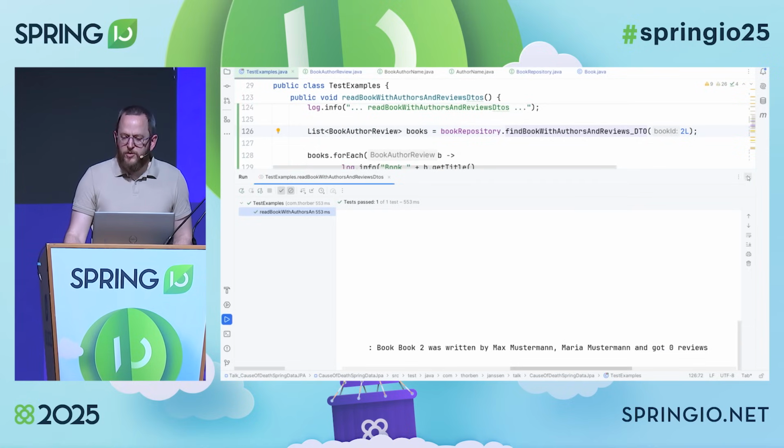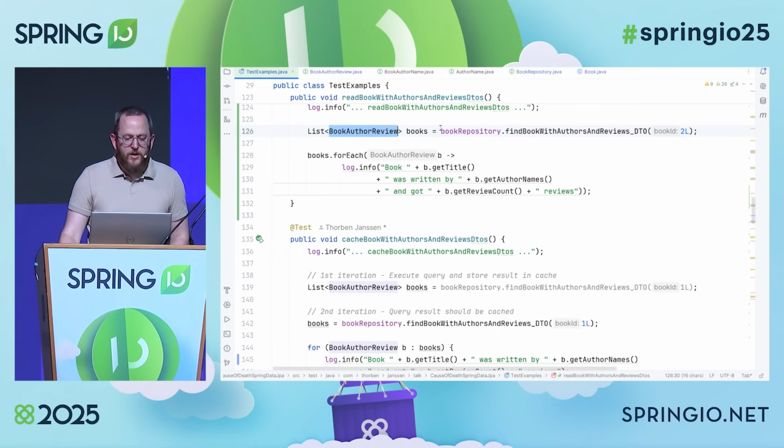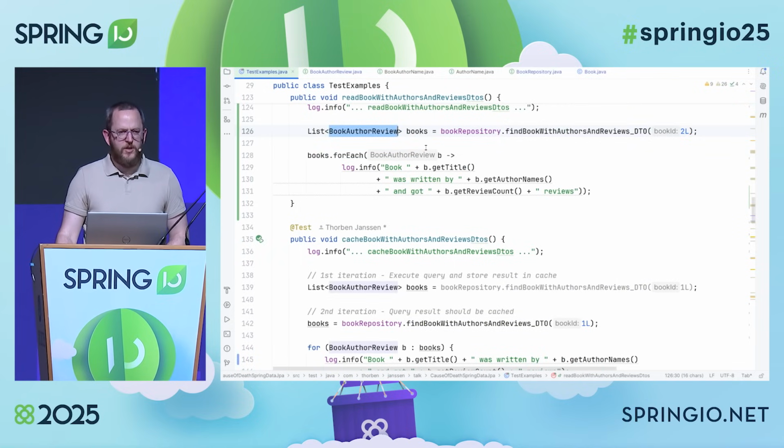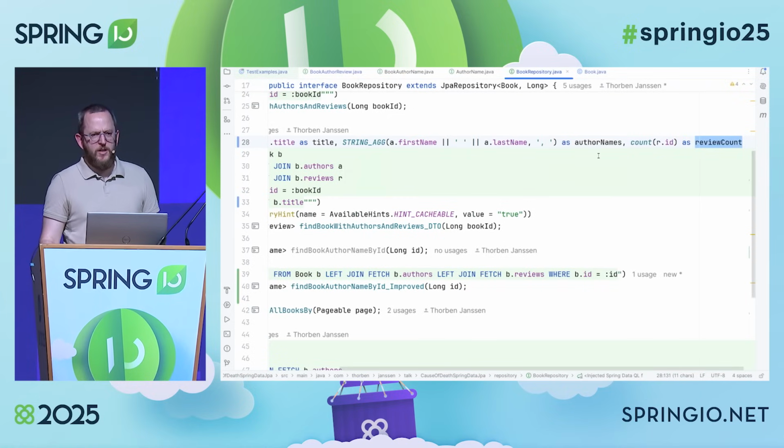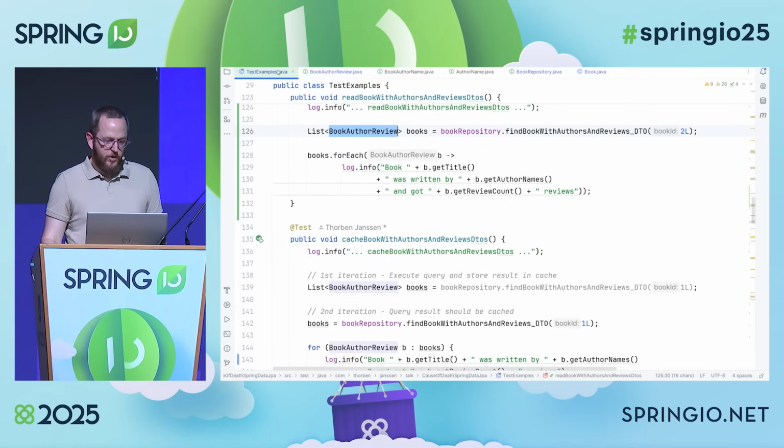That means as long as you are using an interface projection, you can simply just put a few aliases into your query statement, and Spring automatically maps that to the fields of that DTO projection. And by that, you can map any query result to any DTO projection without any additional code or work.